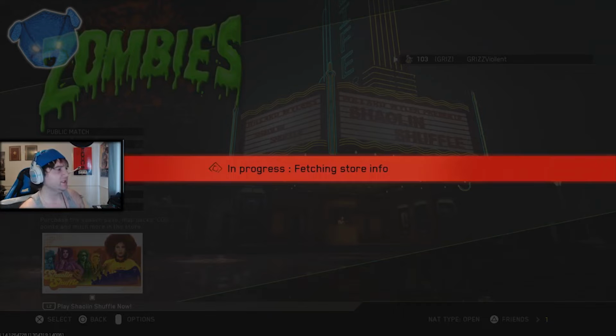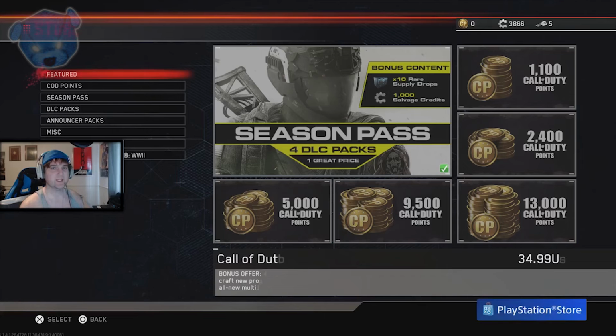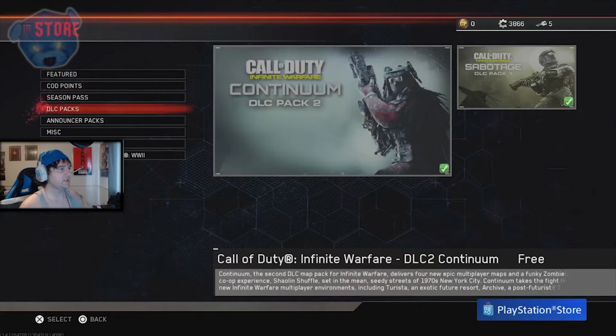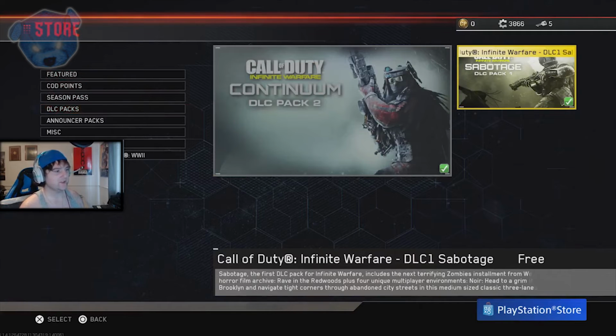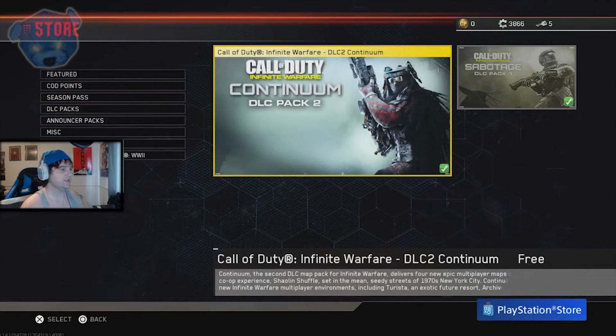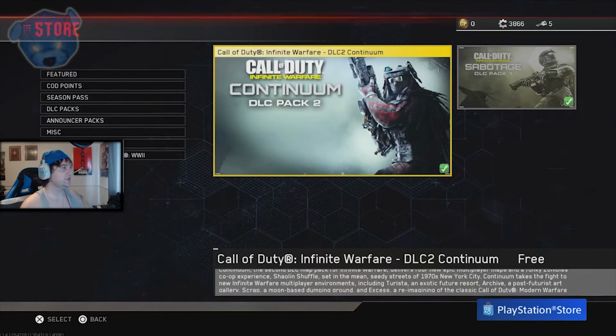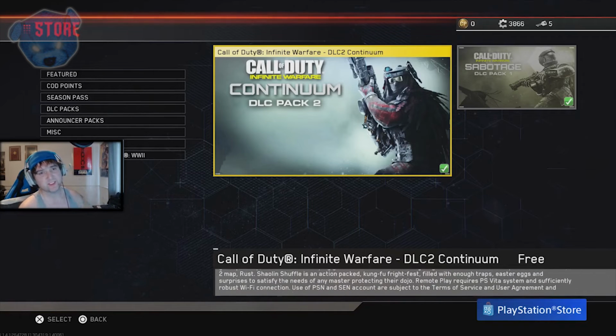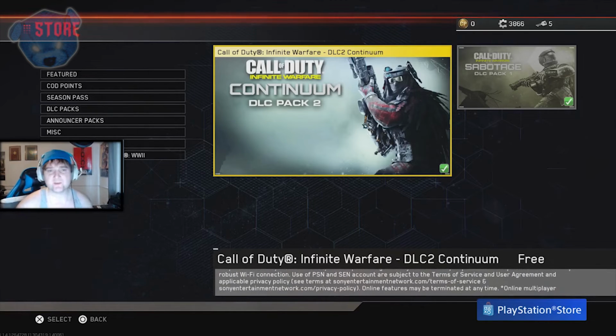Let's take a look here at what we're seeing in the store. I like to check the store from time to time. I don't know if you guys like to do that, but you know, I don't just buy everything I see. I tend to check it out sometimes just to see if anything new has popped up. And so far, yeah, we got DLC 1 here, it was Sabotage, DLC 2 Continuum, and those were all good DLCs. Soon we'll have DLC 3, and if I could give you an update right now on that,